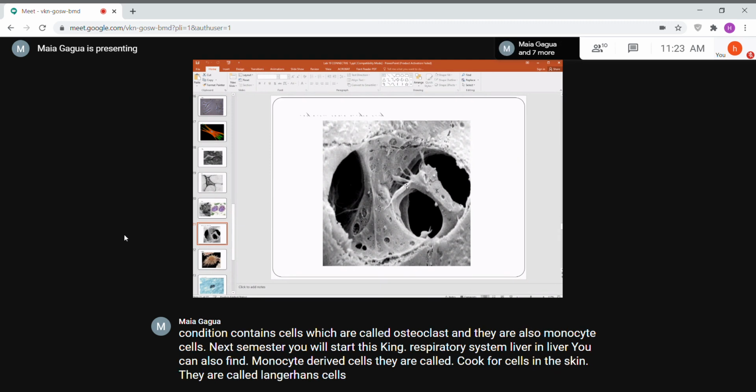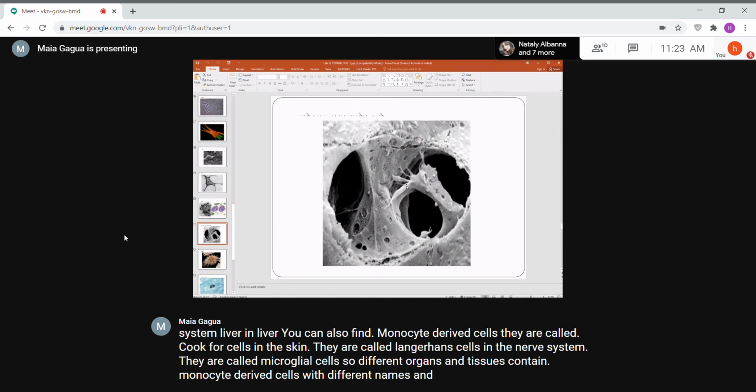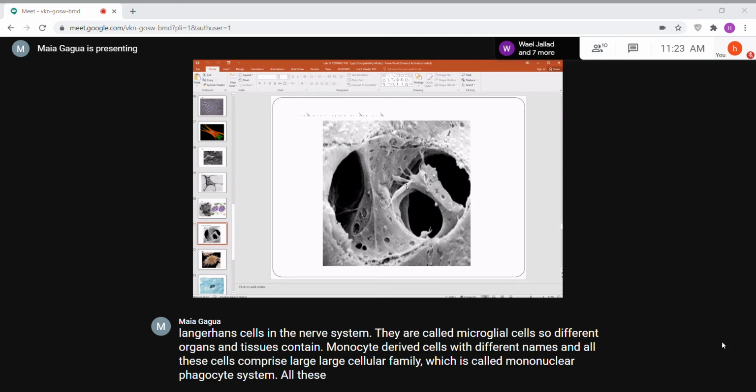In the nervous system, they are called microglial cells. So different organs and tissues contain monocyte-derived cells with different names, and all these cells comprise a large cellular family, which is called the mononuclear phagocyte system. All these cells are derived from